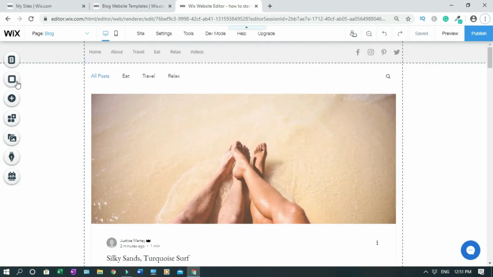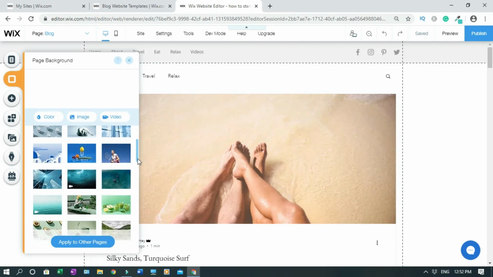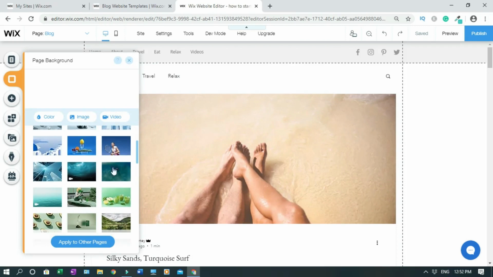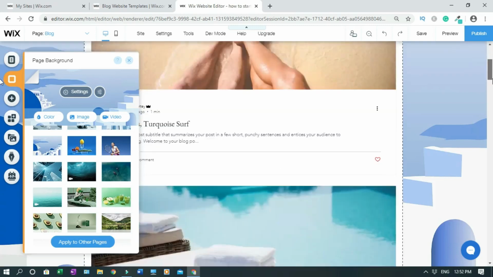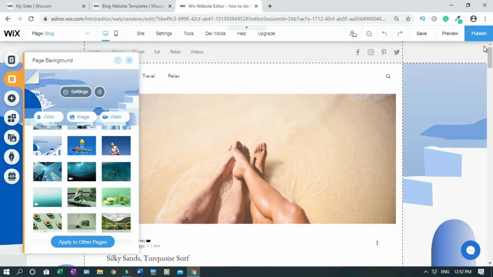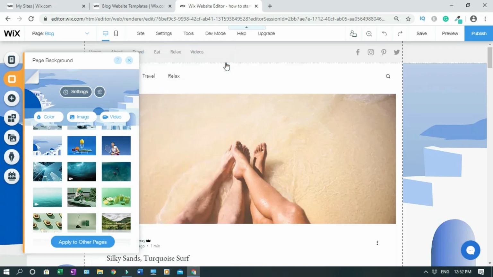All right, so this is the background. For instance, when you click on this, instead of pure white, you want to change the entire background to, let's say, something like... you see, so this is how the whole background is going to look. If you really want it, then you click apply, but we don't want it, so I'm just going to close it